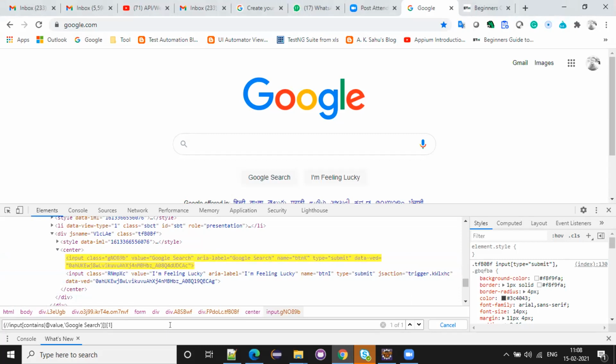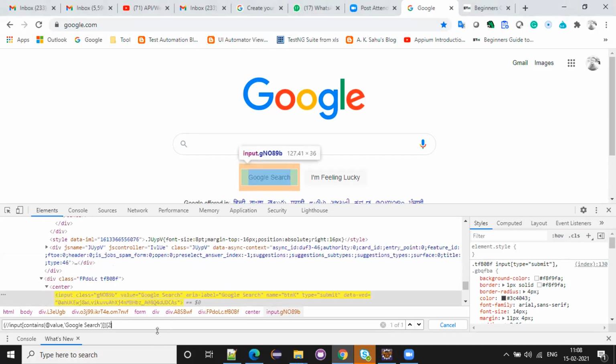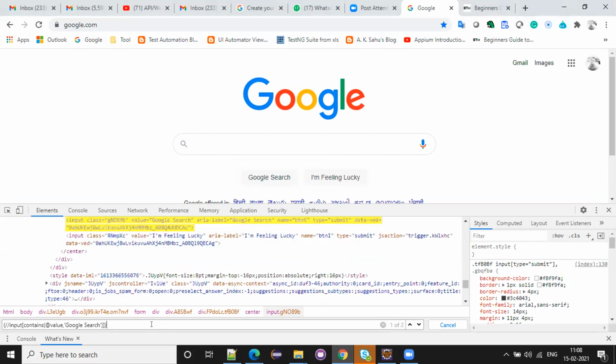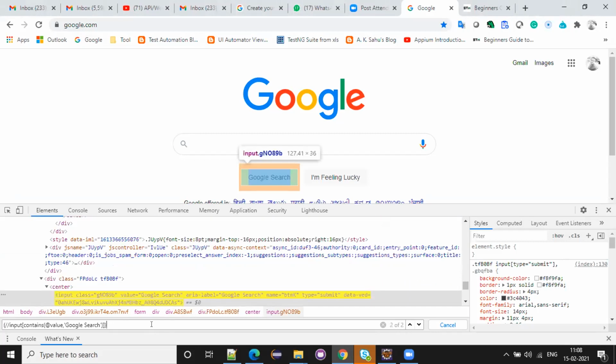See, the second one is ours. Before indexing, there are two. You can see here how many matching nodes are displaying. Two.